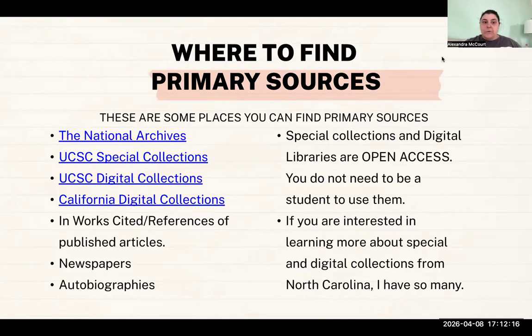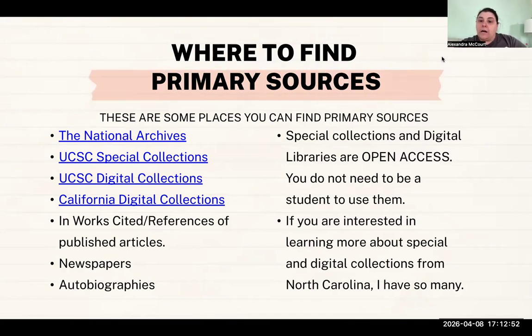Where could you find primary sources? You can look in the National Archives. UCSC has a special collections and a digital collections that hosts primary sources. So those are really great places to take a look at. The California Digital Collections is a really great place to look for primary sources. Whenever you are looking at references pages or works cited pages, there might be references to primary sources in the references or works cited. So those are always really great places to kind of backtrack and find primary sources,